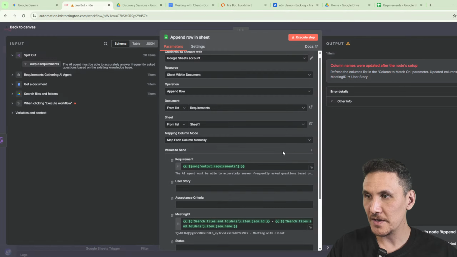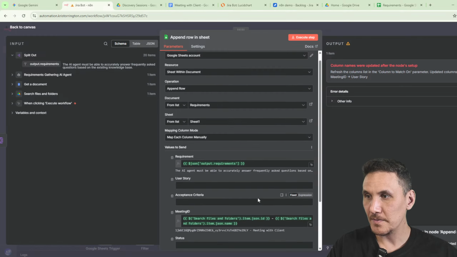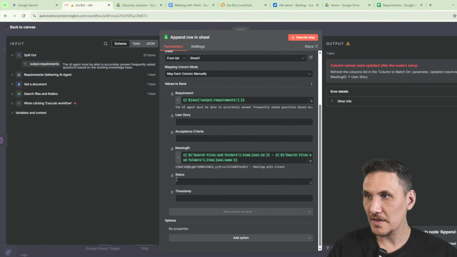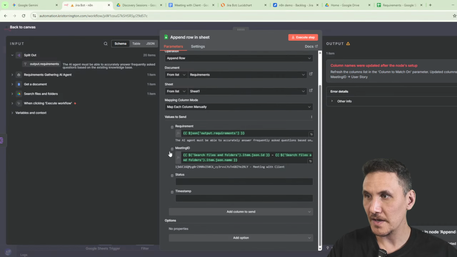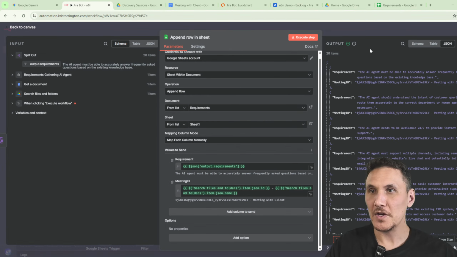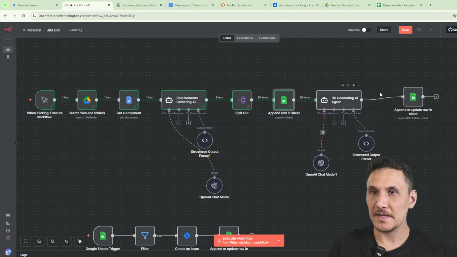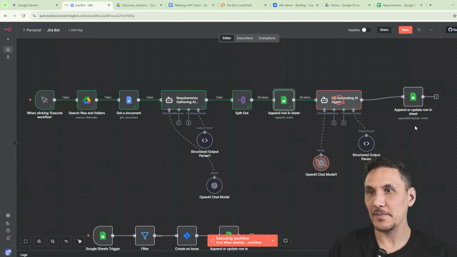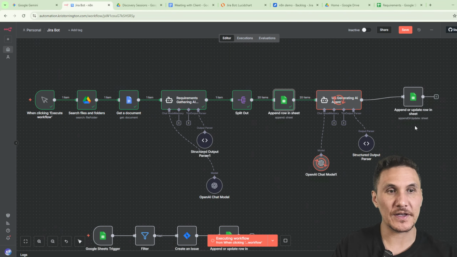Just refresh that. Meeting ID, I don't need this. Don't need that, don't need that, don't need that. Let's execute that step. Cool, so you can see here, we've got all the requirements plus the meeting where those requirements have come from. Let's continue and we'll pass it to our user story generating